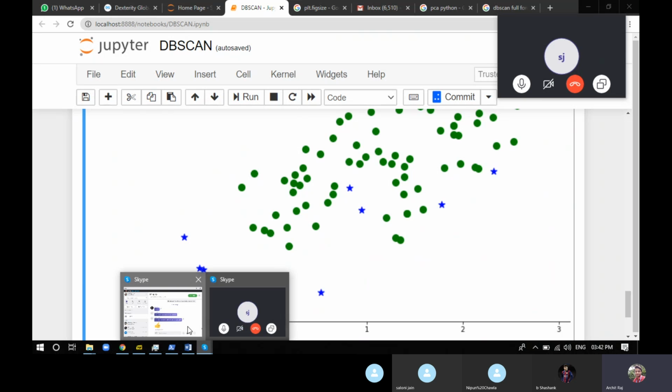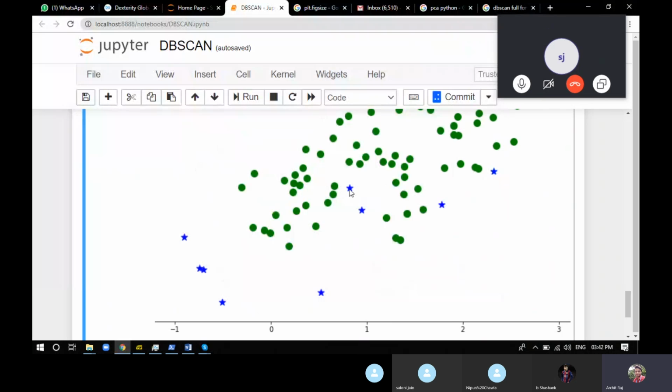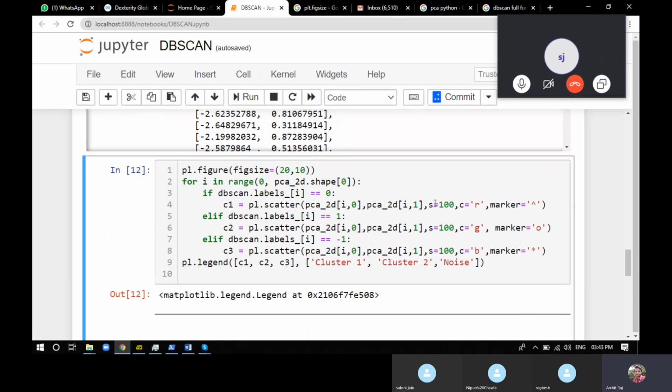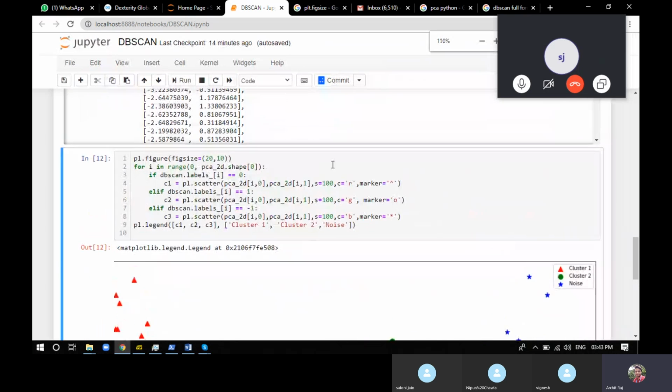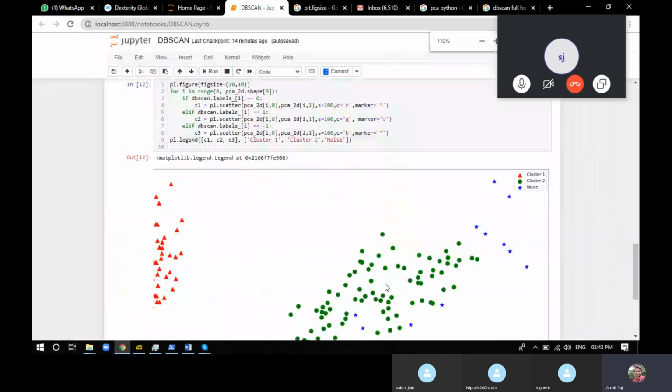So what happened is, imagine you started your DBSCAN clustering from here only. From here, you started checking whether this particular point is an outlier, a border point, or a core point. Now in the code we specified the minimum samples should be 5, and the radius is 0.5.